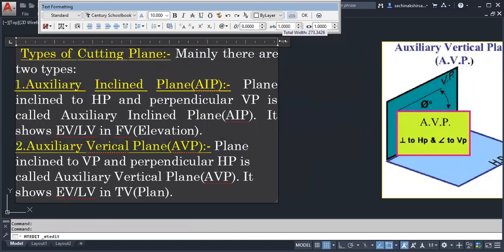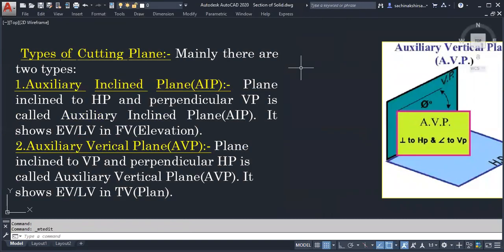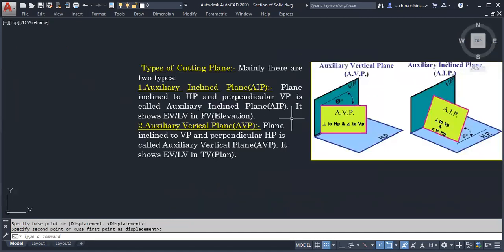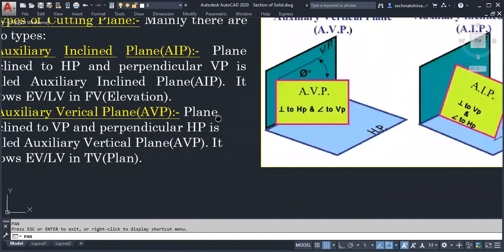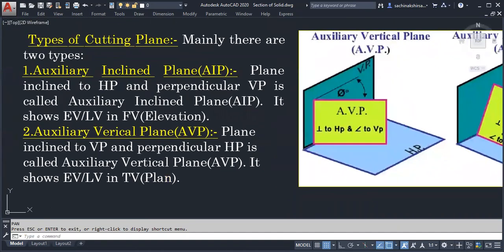Which two types do you observe? Types of cutting plane. Mainly how many types of cutting planes are there? Two.